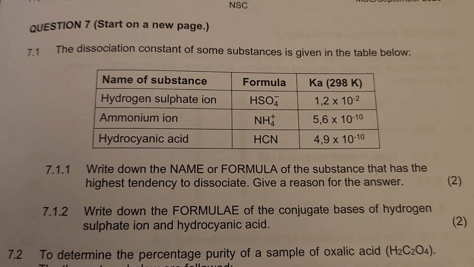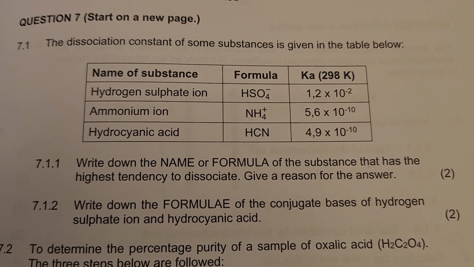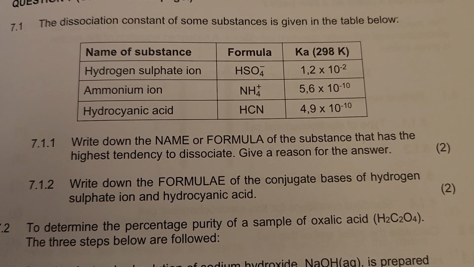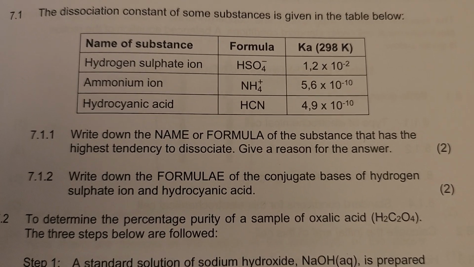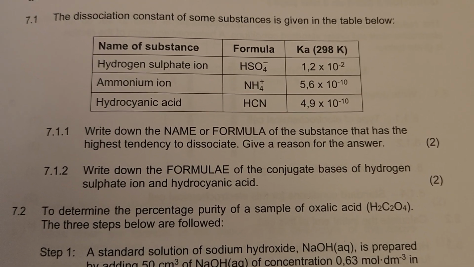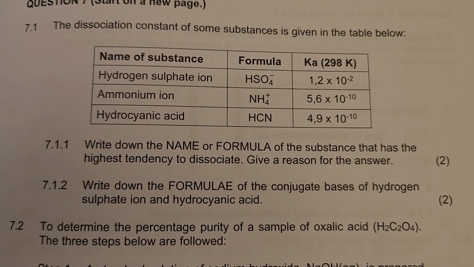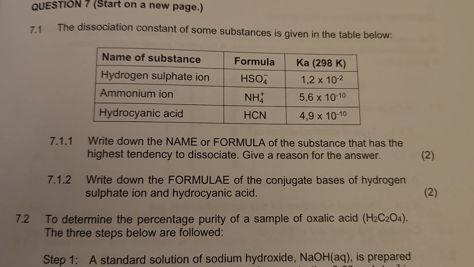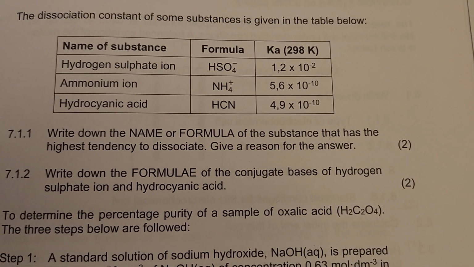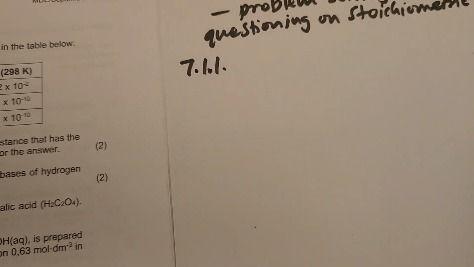The first question, they say dissociation constant of some substances given in the table. We are given 3 substances there: hydrogen sulfate ion, ammonium ion, and hydrocyanic acid. Now write down the name or formula of the substance that has the highest tendency to dissociate. Give reason for the answer. If you look at the Ka values there, the one with the highest Ka value will be hydrogen sulfate ion. So our first answer will be